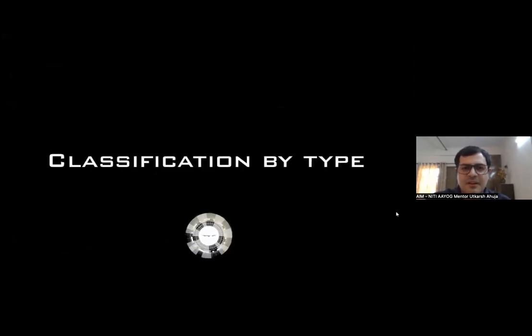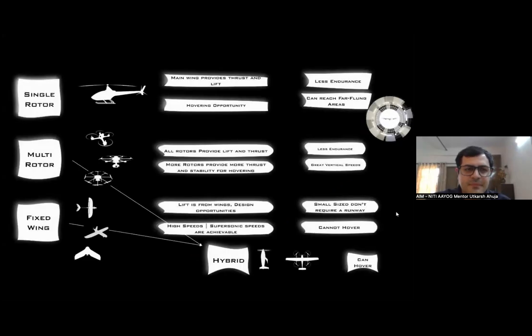So what are the classifications of unmanned aerial systems? Let's start with classification by type. There are three classifications by type. One is single rotor. In this case, the main wing provides thrust and lift, and it has less endurance, hovering opportunity, and can reach far-flung areas. For example, you cannot land an entire aeroplane very quickly in any region